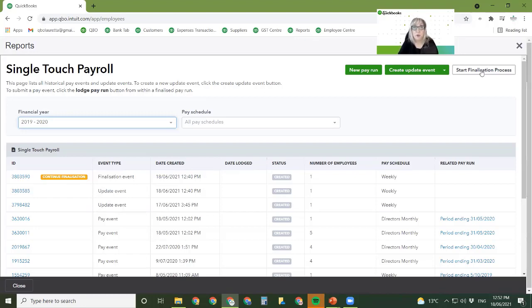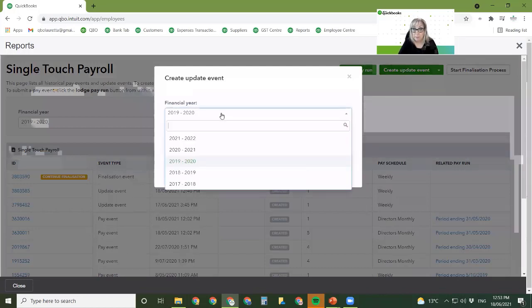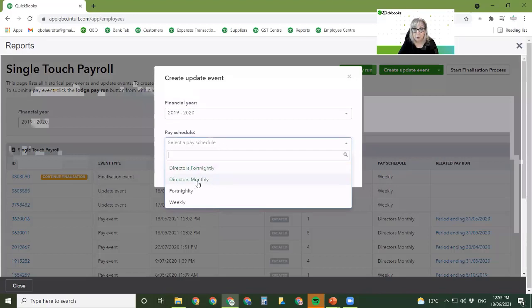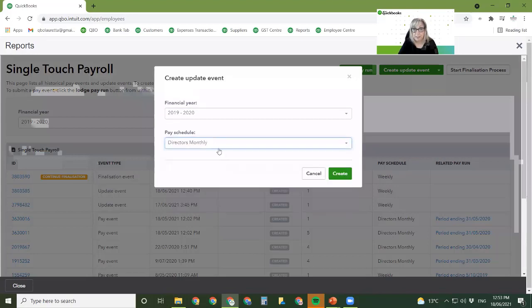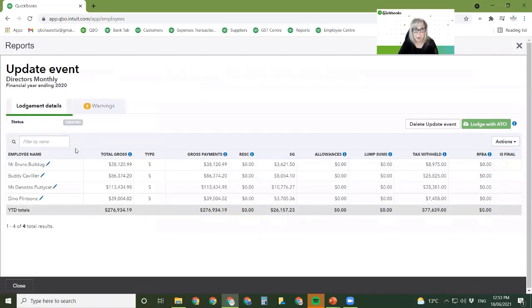So let me just show you how to create that update event. So let's click on Create Update Event. We've got the right financial year because from the drop-down box, you've got a choice. Then I am going to choose the director's monthly pay schedule. Click Create. Then I have all my employees under this pay schedule. So that actions button, I just click on Excel and it will download that Excel spreadsheet data that I showed